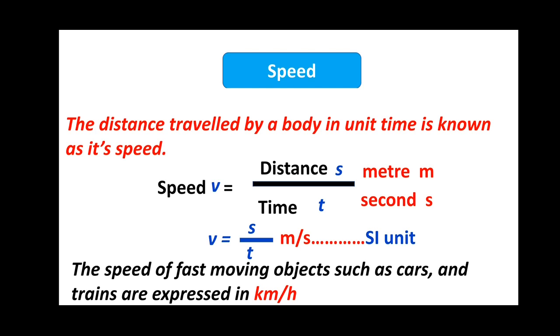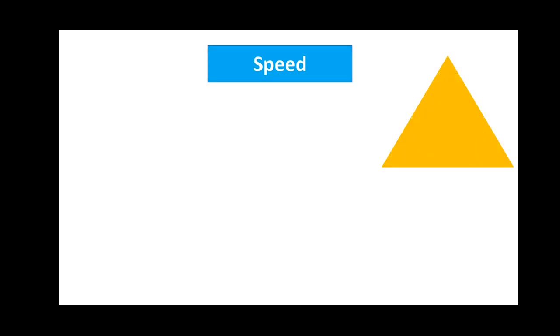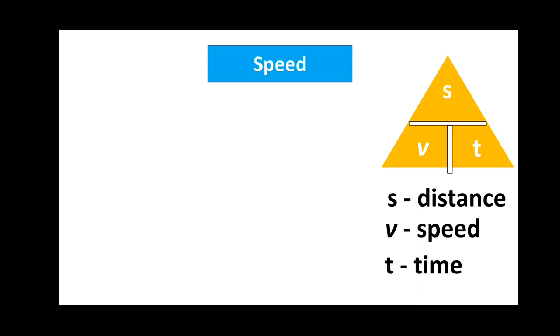It is possible to find distance and time from the formula of speed just by rearranging the formula. But if it is difficult for you, you can remember a triangle. The triangle name is SVT triangle. So this is the SVT triangle. Here s is the distance, v is the speed and t is the time. So if we want to find distance s using this triangle, we can find like this: distance s is equal to v multiplied with t. So let us write it as formula: s is equal to speed v into time t.